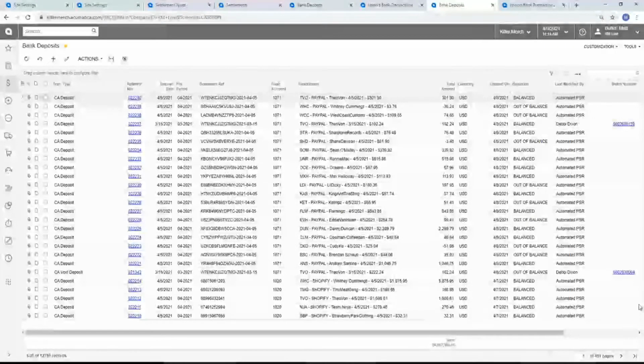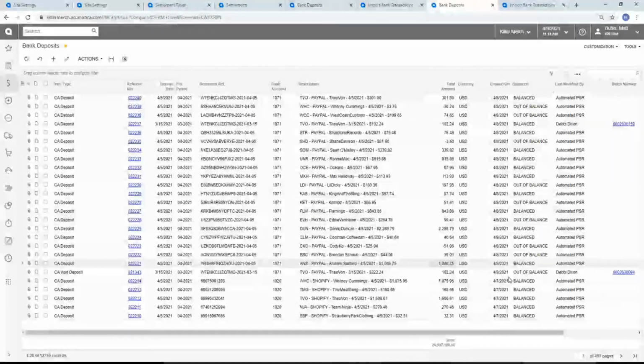So what I want to point out is anywhere you see auto PSR, no human being has touched this deposit yet, or at least done nothing to save anything. As you can see, this is actually a pretty bad day. As you can see, though, all of these balanced deposits